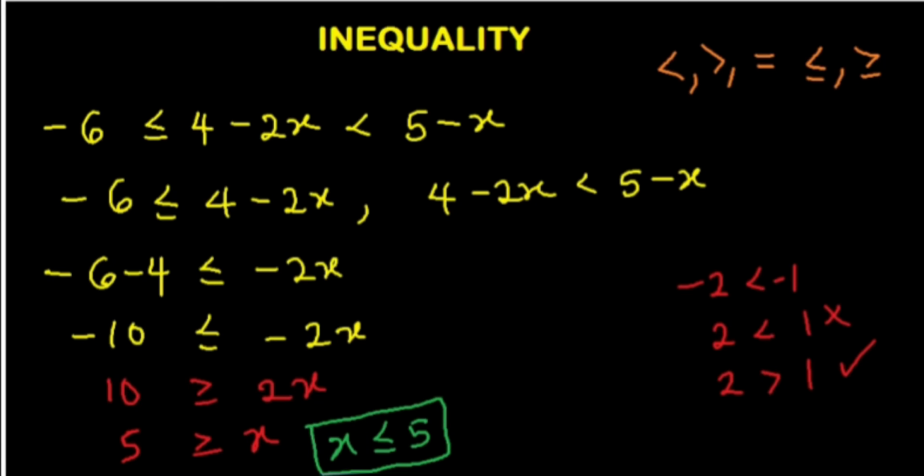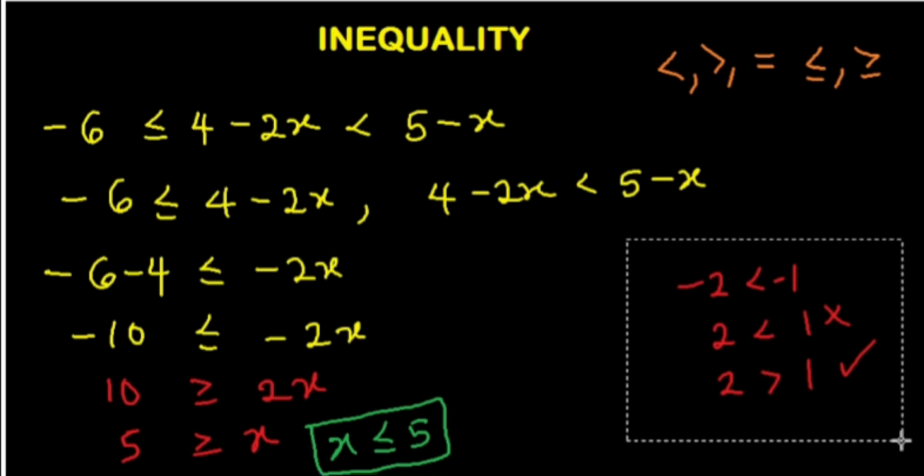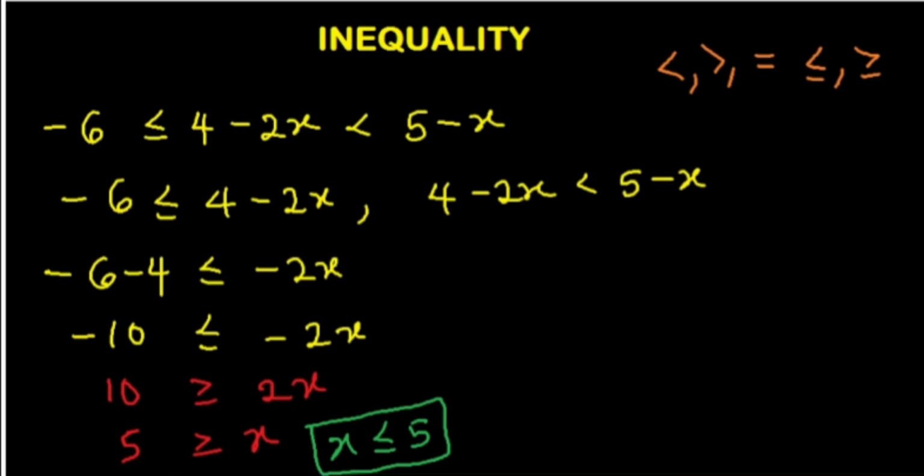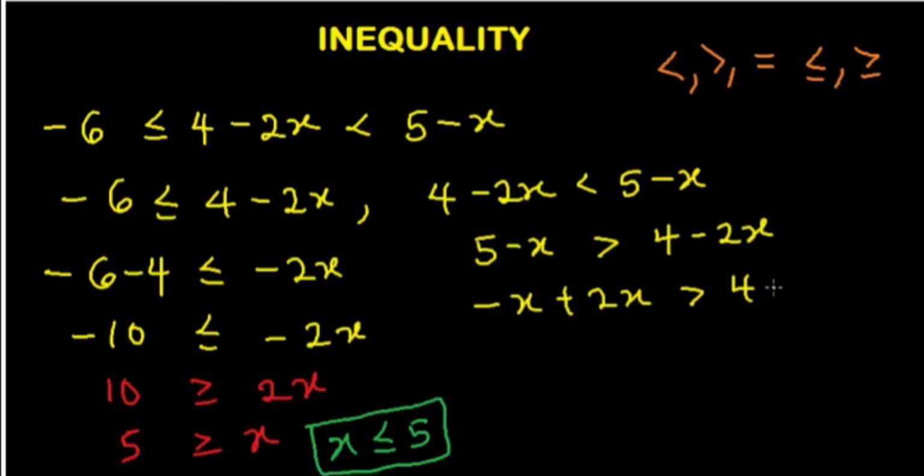Then for this other part here, you have to be very careful when you are dealing with inequality. Here I have minus 2x and I have minus x. So which one is the bigger number? The bigger number is minus x; minus x is bigger than minus 2x. So we bring it to the left-hand side. I'm going to have 5 minus x greater than 4 minus 2x. So you can do minus x plus 2x greater than 4 minus 5, isn't it? So I'll have x is greater than